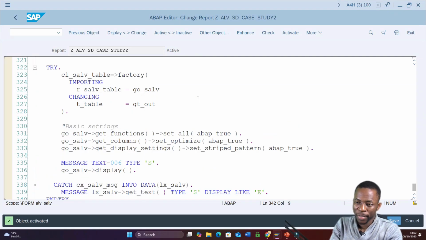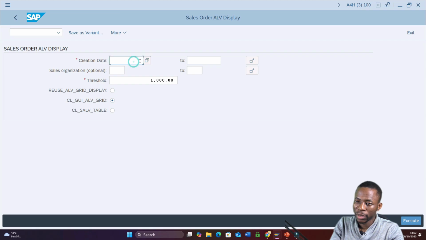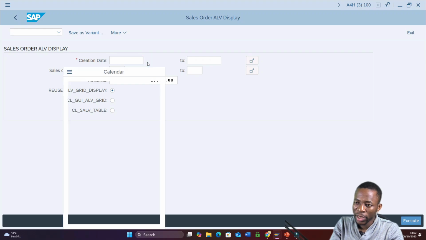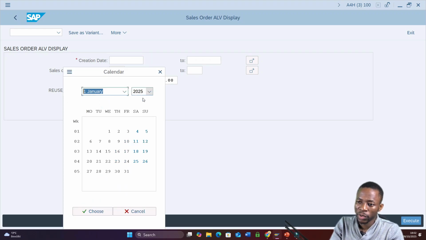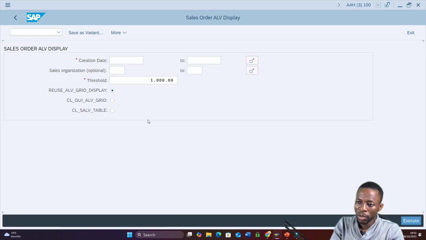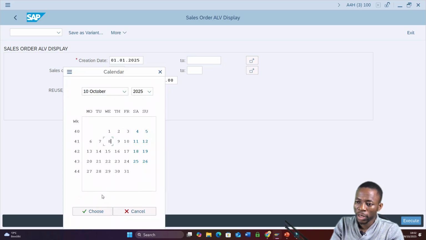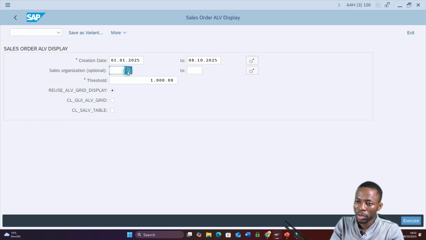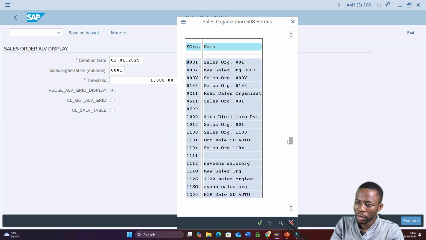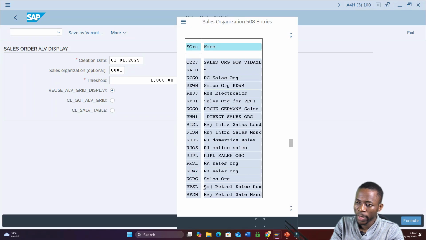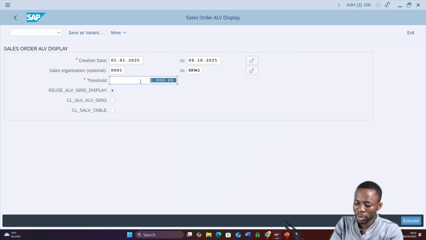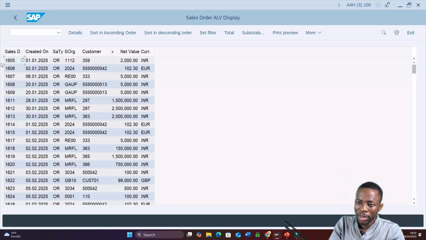Let me activate, then F8. So if I click on this, let me test. Okay, let's start with the first one. Let's enter creation dates, January 2025, 1st of January up to October 8, and sales organization. Then select the threshold, maybe 1000. Select the reuse ALV grid, click on execute, and then we have, okay, yeah, one thing I need to do